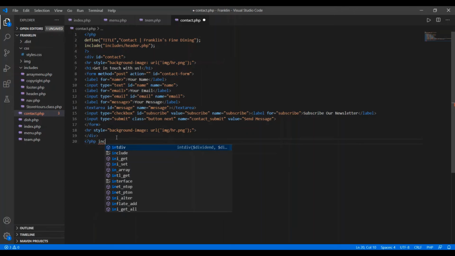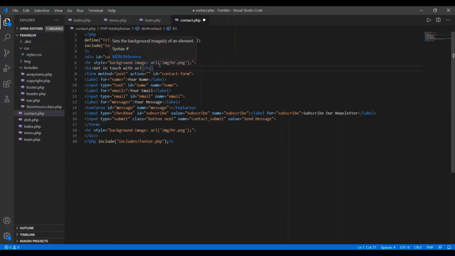So for this I'm writing a PHP script, this is in the includes folder, and the name of the file is footer.php. Put the semicolon here and close the PHP script. So after this you have to save the file here.